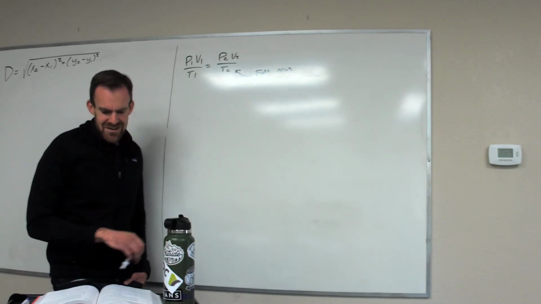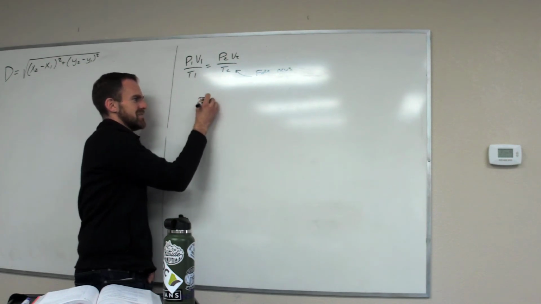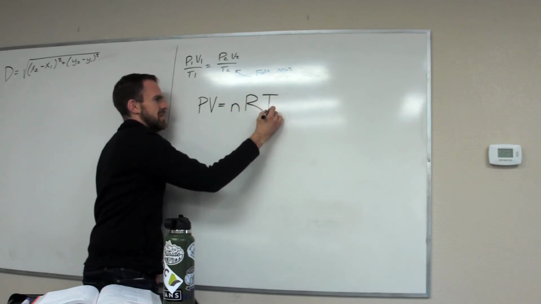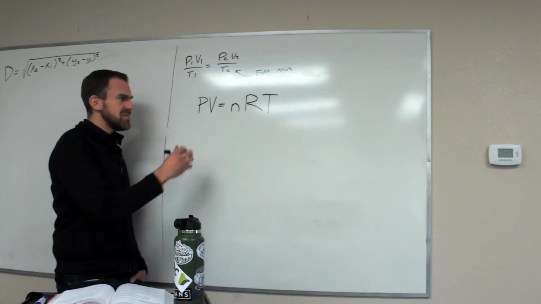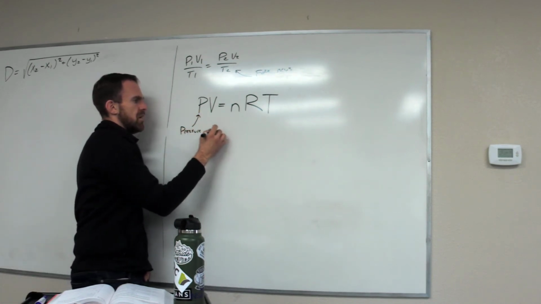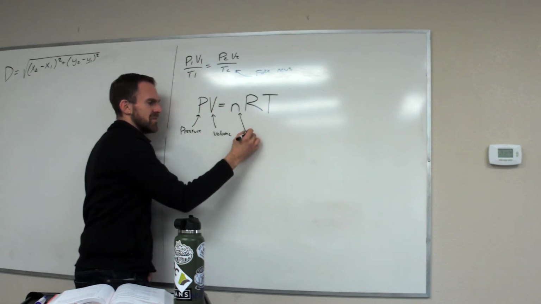way over here. Alright, so the actual more difficult version of this is called the ideal gas law, which is PV equals nRT. P still stands for pressure. V stands for volume. N stands for number